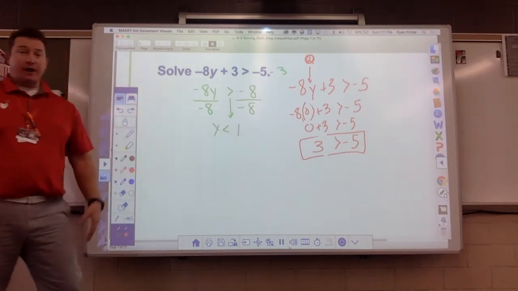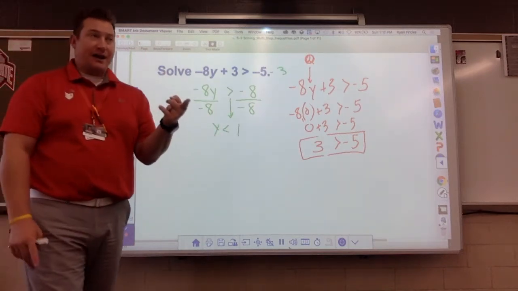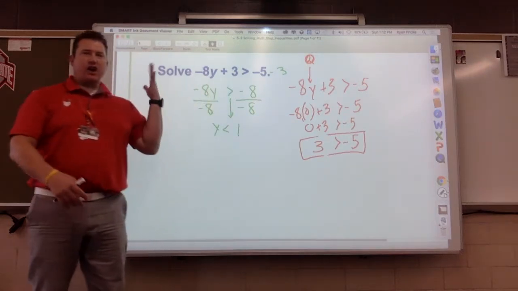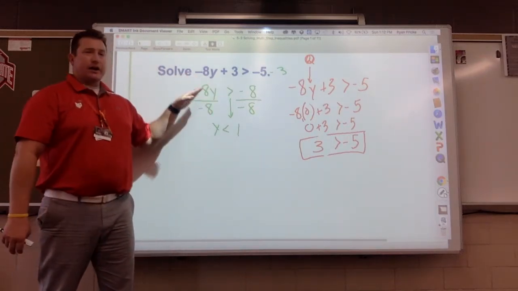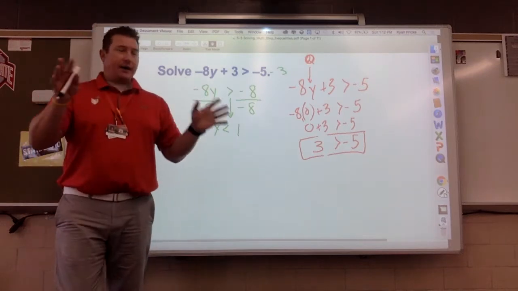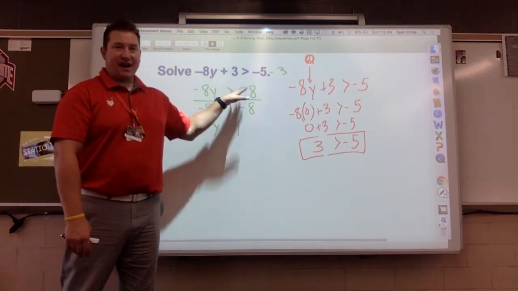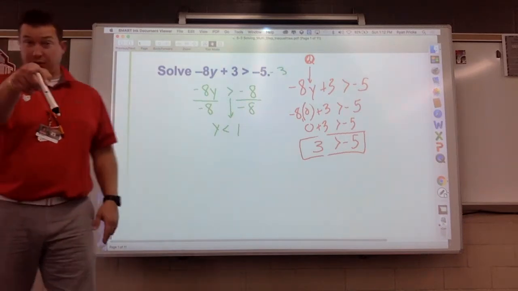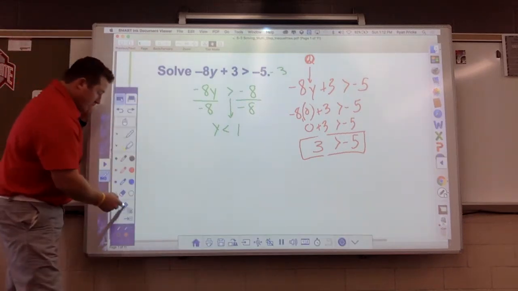So people, that's really our only trick here. If we see a negative, and it's basically, guys, it's got to be with your variable, right? So your coefficient, right, could be a negative, right? It doesn't matter what the constant is. If that's a negative, look, nobody cares. I'm going to try to trick you guys and fool you on it, so don't fall into the trap. Okay,